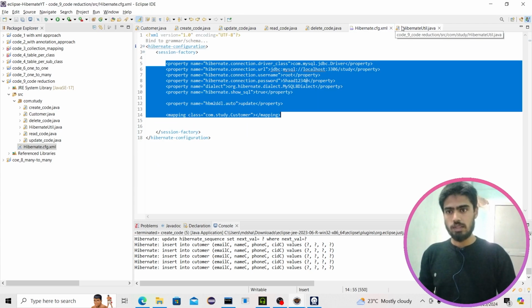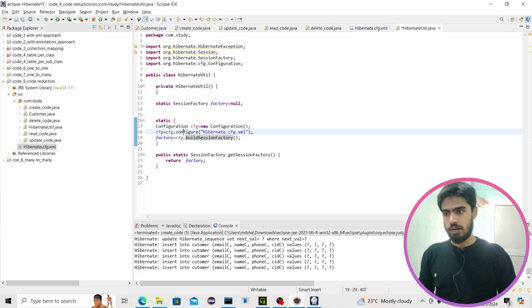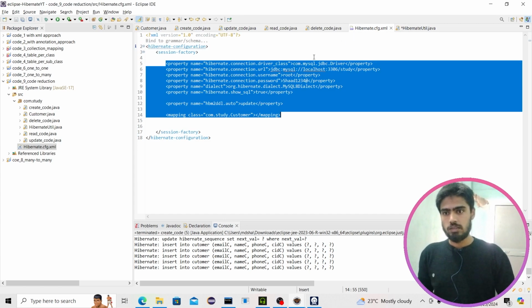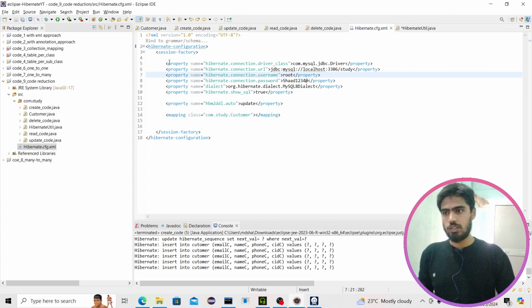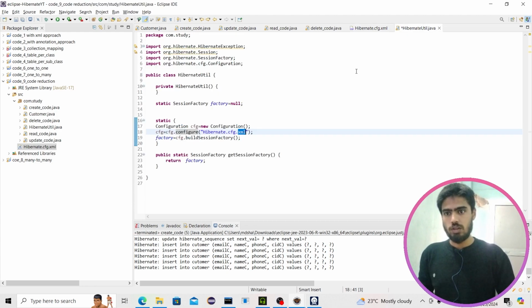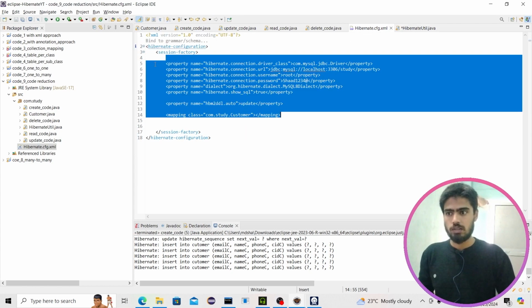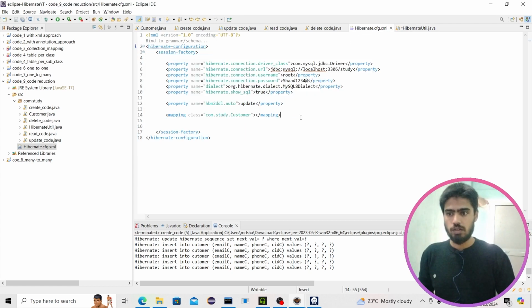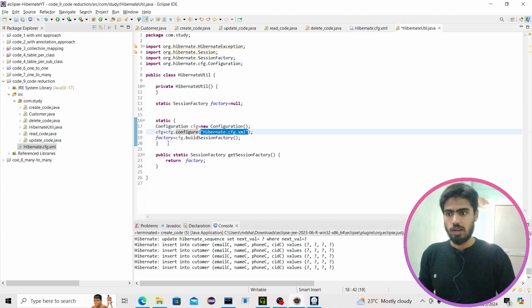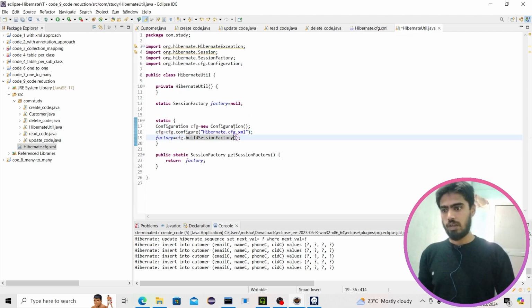Because what the HibernateUtil class is doing internally is configuring the Hibernate configuration document. Here you can see Hibernate.cfg.xml. Inside Hibernate.cfg.xml we have these codes. So instead of configuring it, can't we write all these things that are inside the Hibernate configuration document inside the HibernateUtil class? So for that, what we can do is, inside the static block,